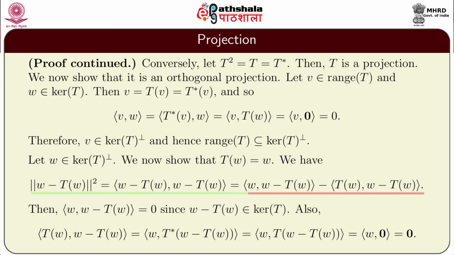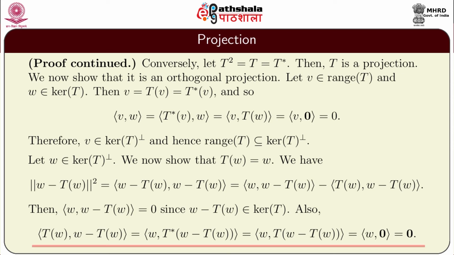This is therefore inner product W comma W minus TW minus inner product TW comma W minus TW. Hence, inner product W comma W minus TW is 0 since W minus TW belongs to kernel of T, and also inner product TW comma W minus TW